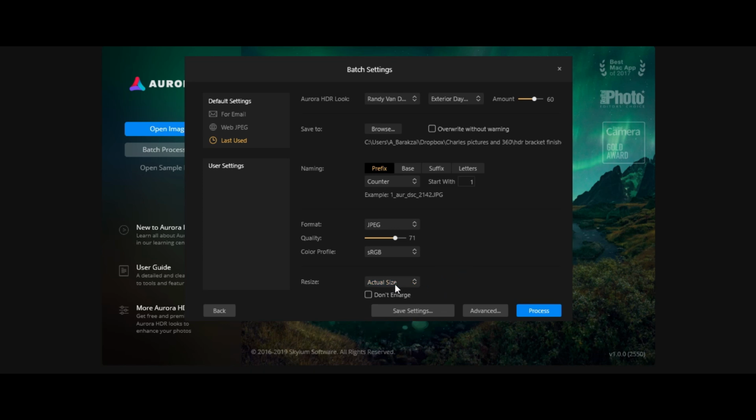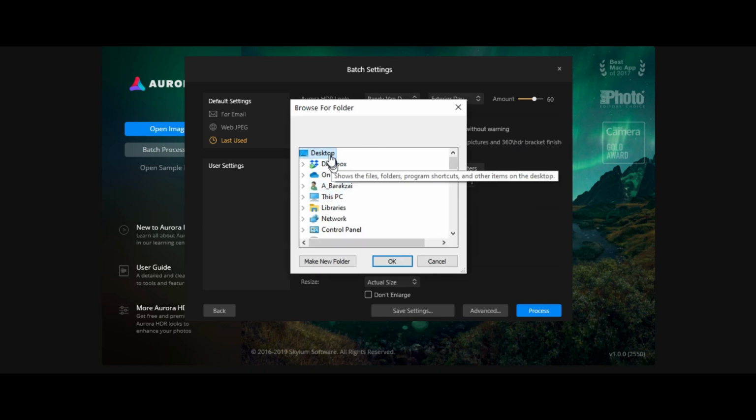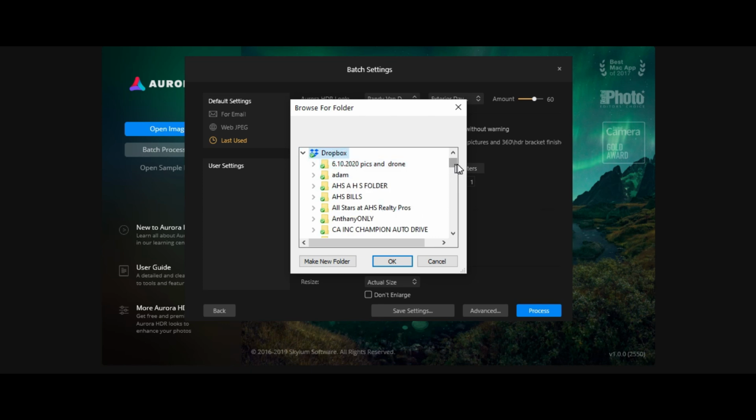Just leave this the actual size, change that to a lower number unless you want to use that high quality image. If you're going to be printing or using this on a big billboard, obviously you want to use the biggest image possible. And all I do is I choose my folder where I want them to go. And in this case right here, I'm going to go ahead